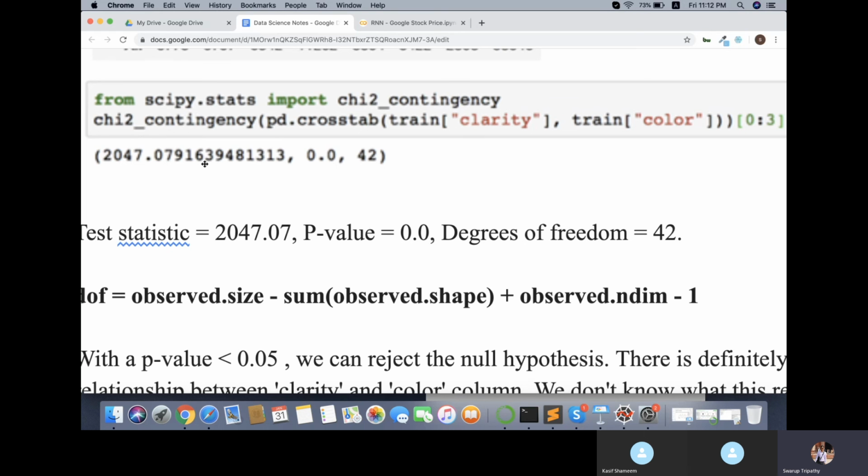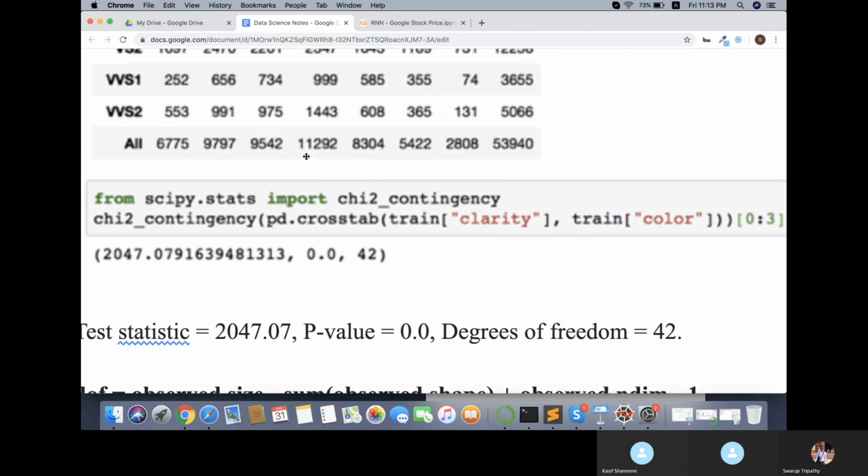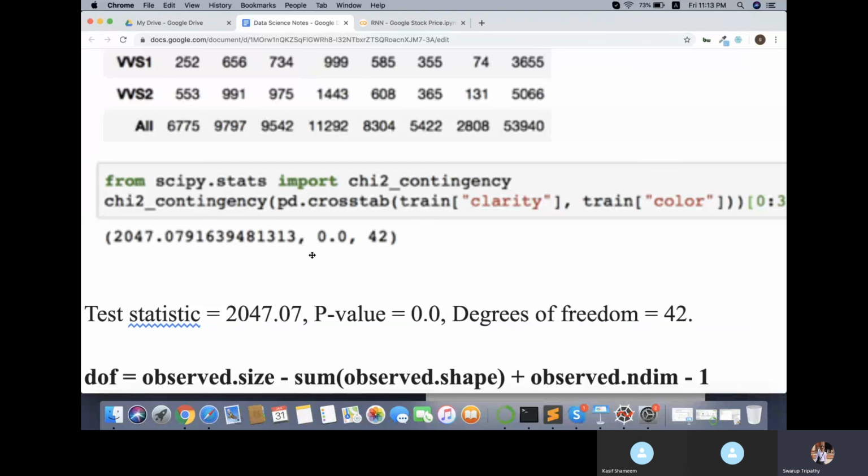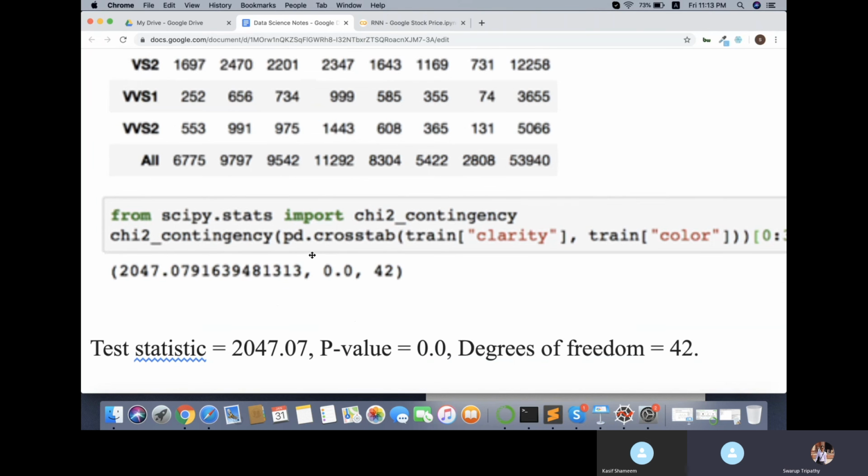So now if you see, the p-value is 0.0, which is less than 0.05. By default, for significance we take less than 0.05. As the p-value is less than 0.05, should we reject the null hypothesis or should we go with the null hypothesis? It should be greater than 0.05 for accepting. So we should reject the null hypothesis.